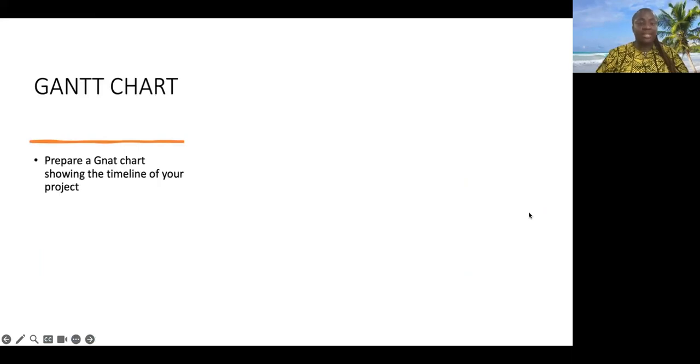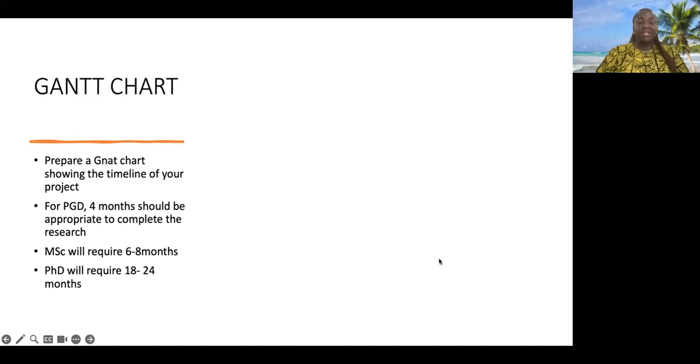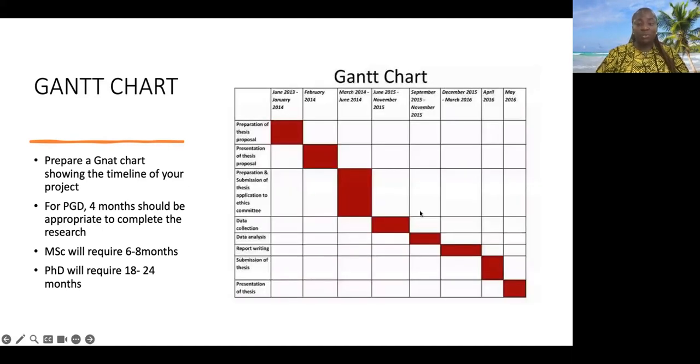And then the work plan, we need you to prepare Gantt charts, showing the timeline of your project. For PGD, 4 months should be sufficient for you to complete your project. For MSc, we need you to do about 6 to 8 months and complete your project, but it can be faster if you work harder. And then for PhD, about 18 to 24 months will be perfect for you to complete your project. So prepare a chart like this and share with me so that we are monitoring together how you are progressing